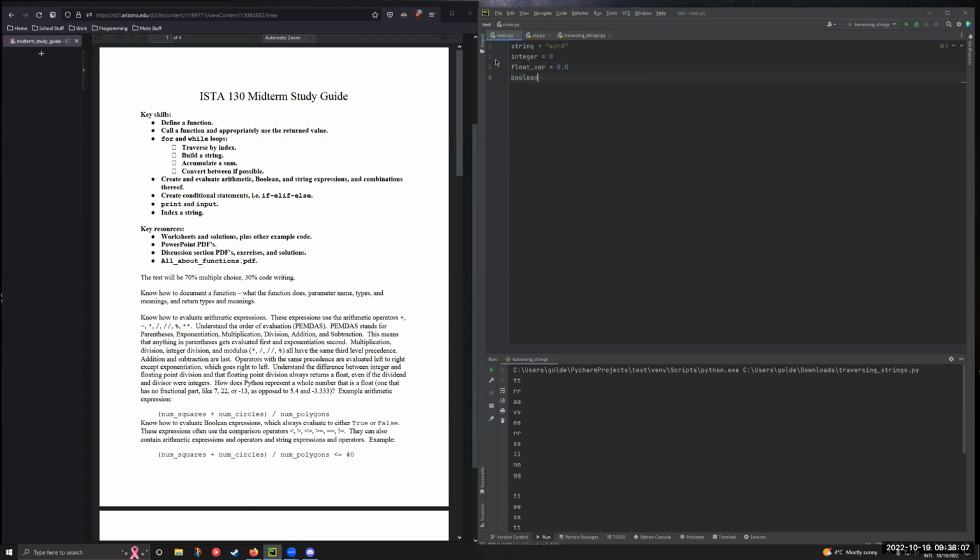And then a Boolean variable is going to be equal to true or false. Pretty straightforward. We can just literally write that out, and you can ignore the "or" here. I'm just writing it to show you both options. So it's either true or false. So those are your variables in Python. That's how you create them. In terms of evaluating them,